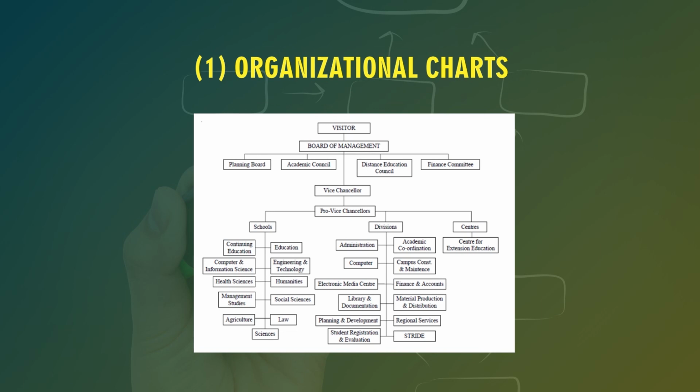When you talk about business, you find that it has an upper level, middle level and lower level. In the upper level you have people who take the strategic decisions, and then you have middle level managers and lower level managers who emphasize the operational issues. So this also requires a kind of diagram, because when you are making a diagram, you are making a system which gives the impression of how the organization is governed and run.